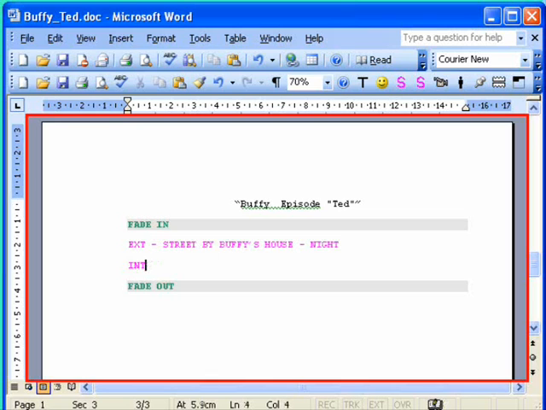Now in this case we're going to delete that slug line and go back up to there and then down one. The reason for doing that is so that it automatically sets the style of this paragraph to visual exposition, otherwise known as stage directions. So here we type in Buffy